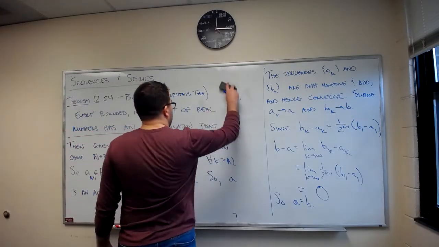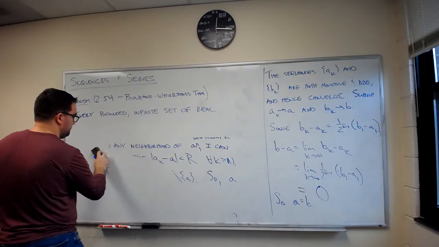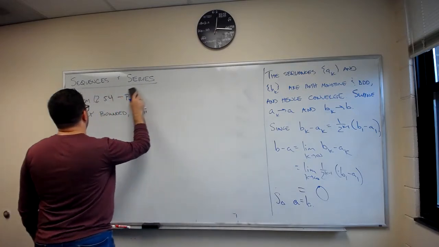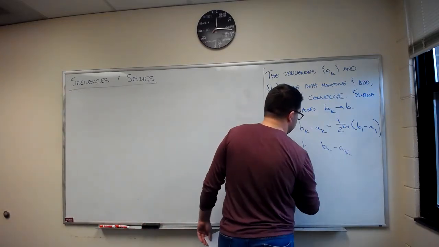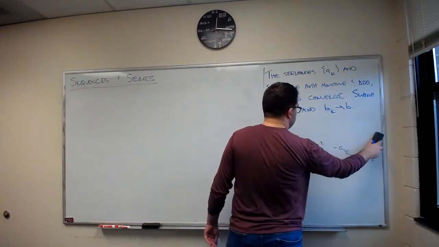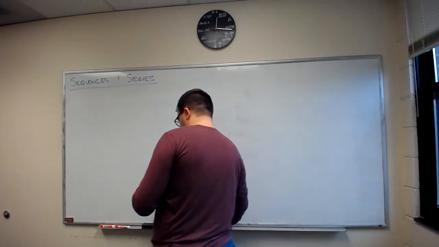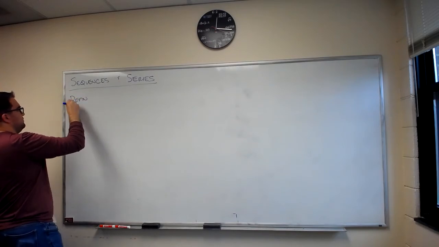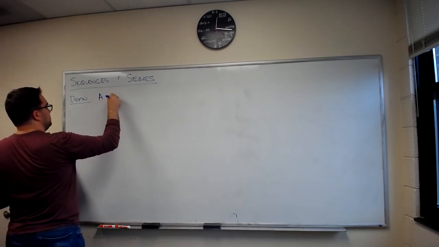So the last theorem I want to look at that's similar in spirit to this, again something that allows you to say something converges without explicitly knowing what it converges to, is I want to introduce the idea of what it means for a sequence to be Cauchy. So first let me start with a definition. A sequence